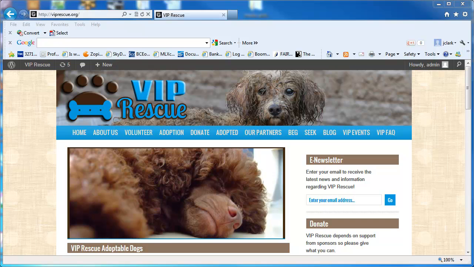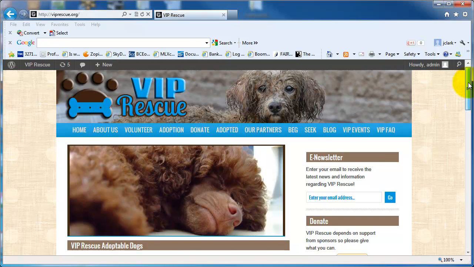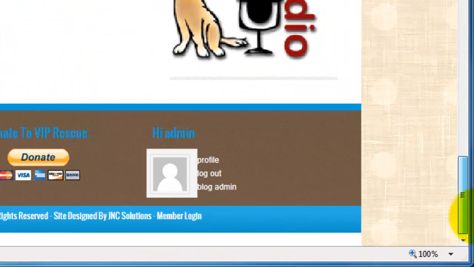So what we're going to do first of all is obviously log into the site. Here we are at our site. You can either log in using the login link that I gave you, which is VIPrescue.org/WP-admin, ADMIN. So it's VIPrescue.org/WP-admin. Or you simply go to the VIP Rescue site, scroll all the way to the bottom right footer, and